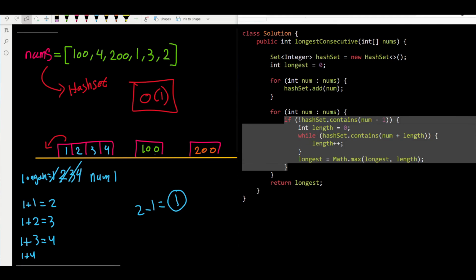We are interested in this sequence, and let's start from 0, we said, and let's see. We want to count this 100 in our sequence, so we said, okay, 100 plus 0 is 100. Do we have 100? The answer is yes. So now length plus plus. We have a sequence of length 1 holding the value 100. But now we say, okay, do we have 101? The answer is no. So we break from this while loop